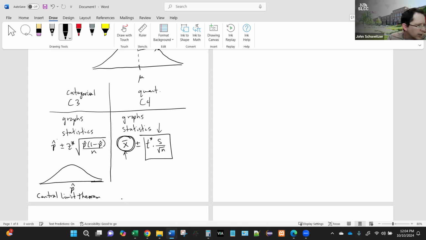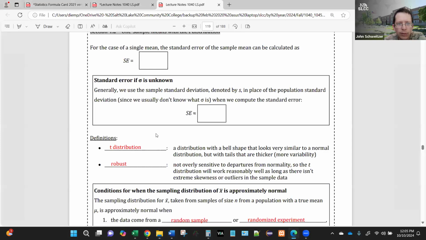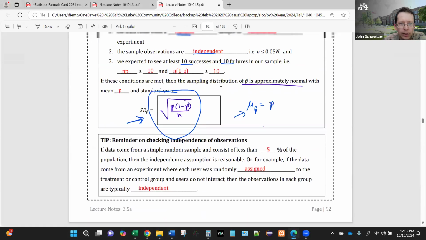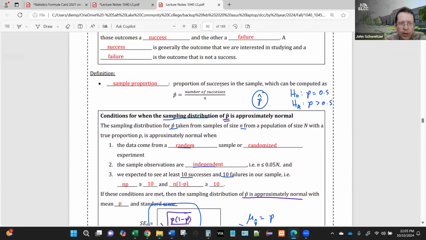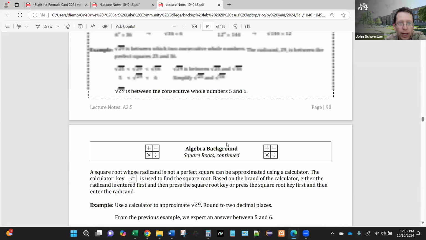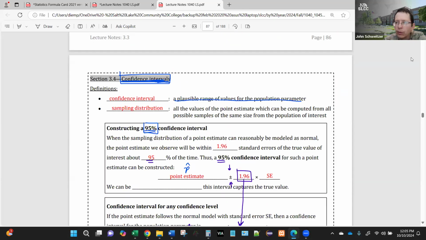We studied it, I think it was way back on page 93. Let me just remind you guys of that. I don't want to bounce around too much in the lecture notes, it can cause some fatigue, but we talked about this back on page 93: the conditions for when the sampling distribution is approximately normal. It was based on the central limit theorem. And if we go way back to the beginning of chapter 3, I apologize for all of the bouncing around here, but